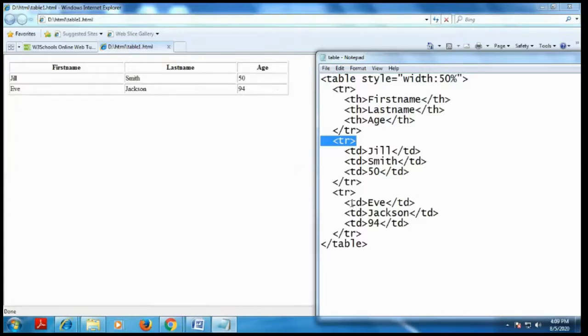Next, I add one more row, so the tr tag is open. It contains three values. Eve is the first name and Jackson is the last name, age 94. Here the tr is also closed, so this row is closed, and the table is also closed. This is the output of the HTML table.